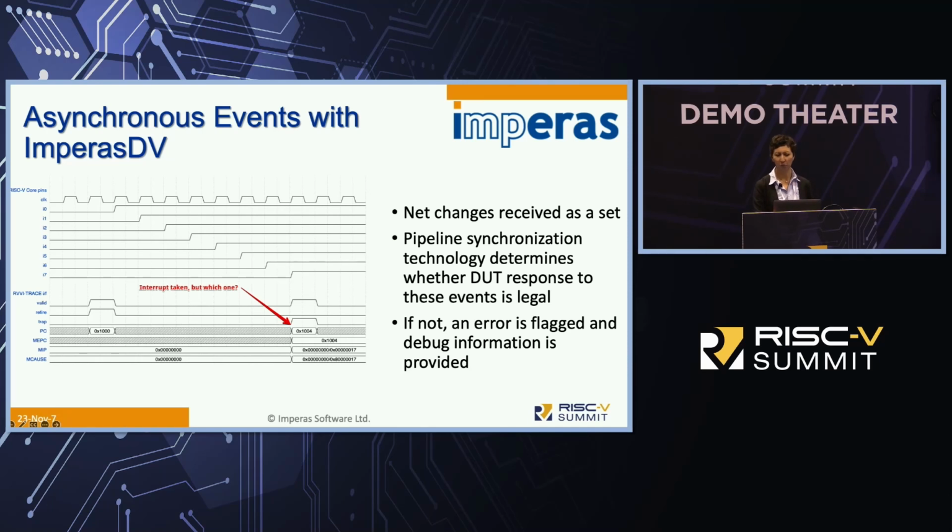As an architectural model, there's no way for Imperas DV to predict precisely which interrupt will be taken and when. However, using our pipeline synchronization technology, we can analyze the processor's response to these net changes and verify that it is legal. If not, an error is flagged immediately, and debug information describing the set of legal scenarios is provided to the